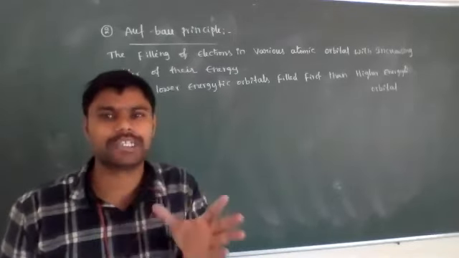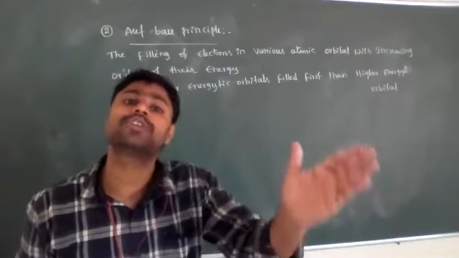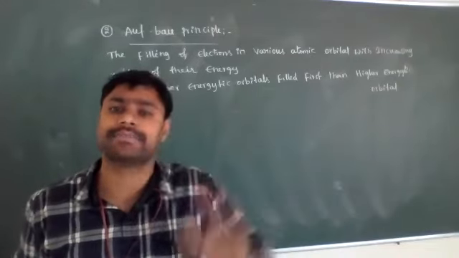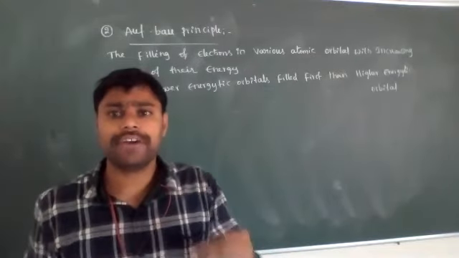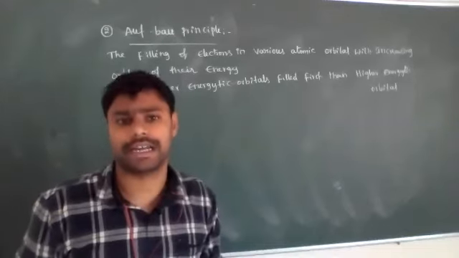For example, 1s and 2s. 1s will be completely filled first, then 2s, then 2p, then 3s, and then 3p. So, how can we identify which is a lower energetic orbital and which is a higher energetic orbital? That we can identify based on